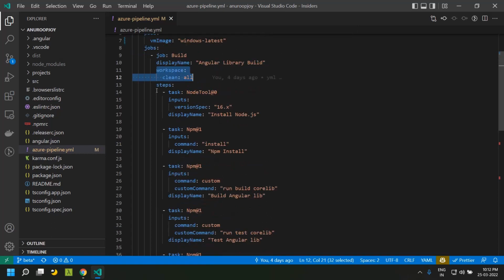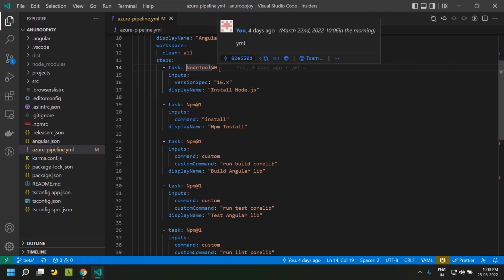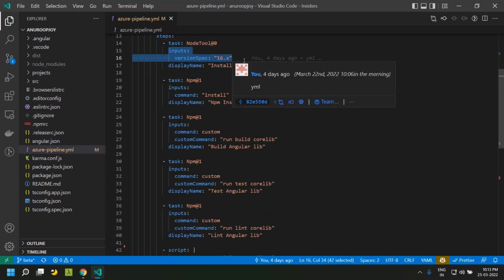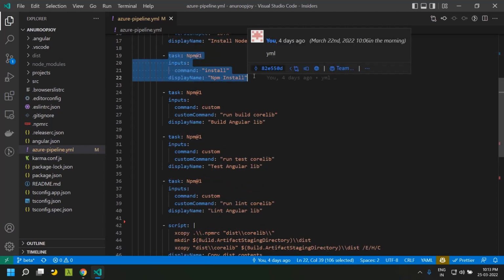So once we have done that, we are defining the steps which need to be executed. And the first task is that we need to install the Node.js. So for that, we make use of the Node tool, and we specify the version of the node, that is 16.x. So once it is installed, we are doing an npm install so that all the dependencies of our project